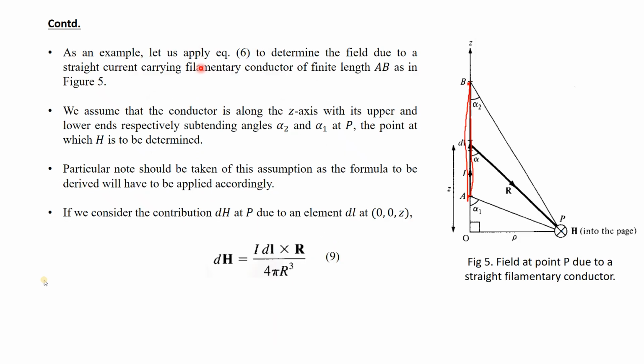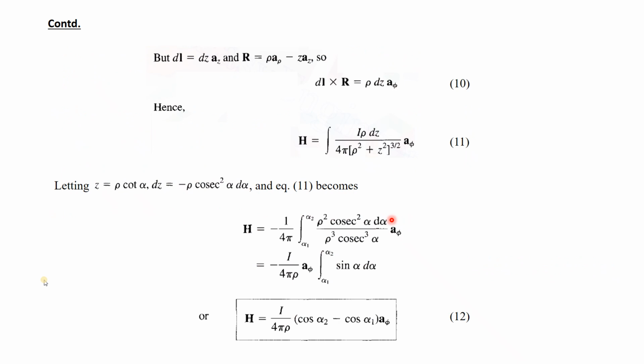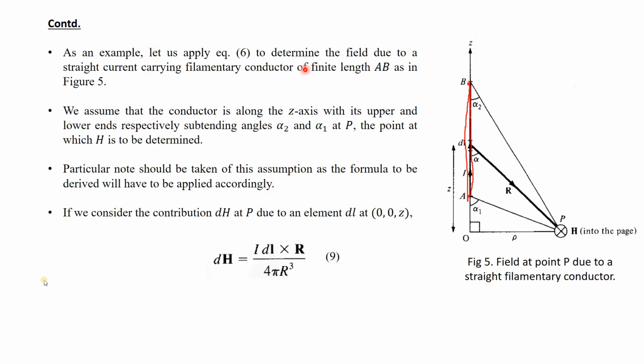Now we consider that dl is equal to dz. Why dz? Because it is actually on the z-axis. So we represent dl in terms of a vector. Since it is on the z-axis, it will not have any x coordinate or y coordinate. That means it will not have a unit vector in the x-axis, nor a unit vector in the y-axis. So it will have a unit vector in the z-axis. So this is the z-axis unit vector. Okay. So now r, the length r, is represented as rho unit vector rho minus z unit vector z. Why? Because it is assumed that this particular